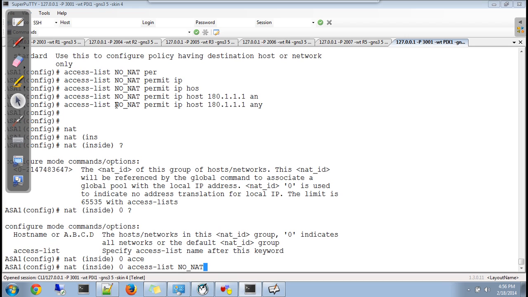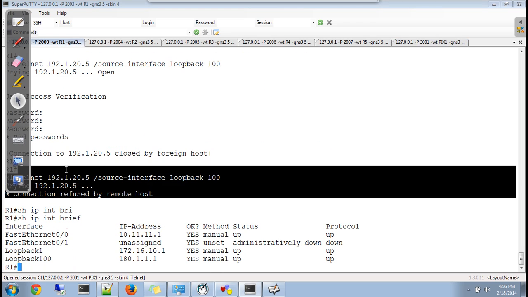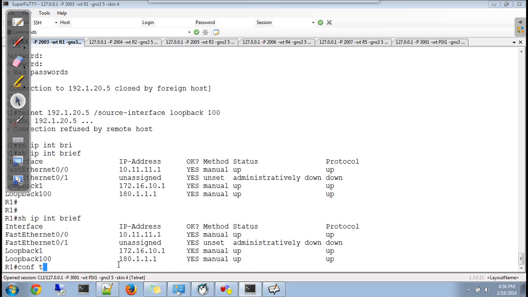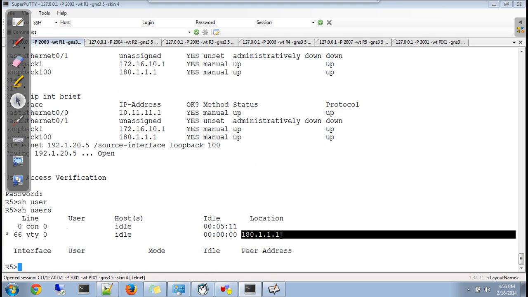The name of the ACL is no nat. Now it was not working. Try it now. This works, and if you check the user, you will see it has come with its own real IP 180.1.1.1